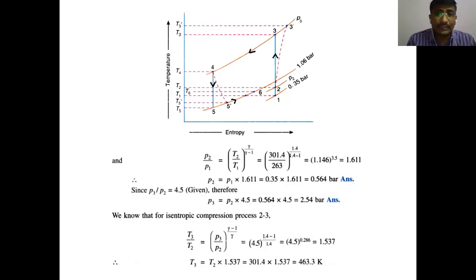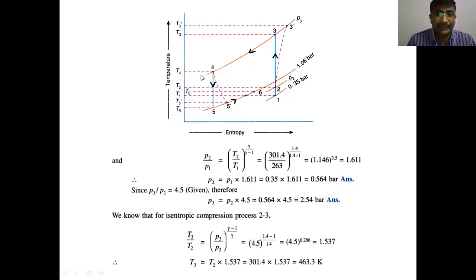And the maximum possible drop in the heat exchanger means the air is cooled. The compressed air at 3 dash, the temperature after compression is T3 dash, which is cooled by using the ram air, which is at a temperature of T2. That means the temperature of compressed air can be cooled up to the temperature of ram air, that is T2. So the maximum temperature drop is T3 dash to T2. Up to T2, we can cool by using the ram air. This is the maximum possible cooling process in the heat exchanger.